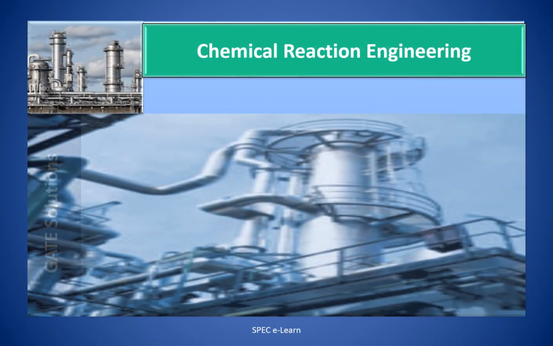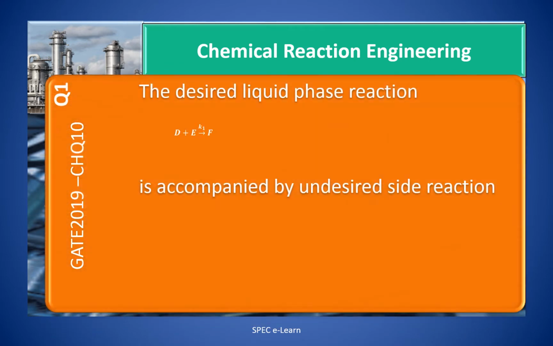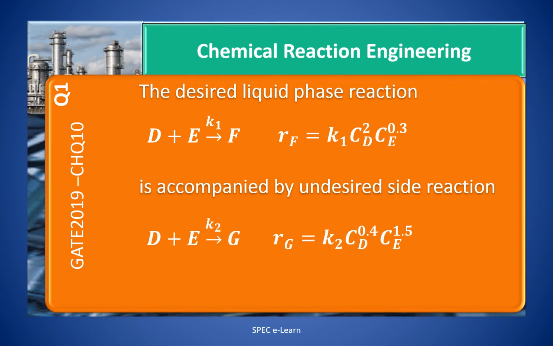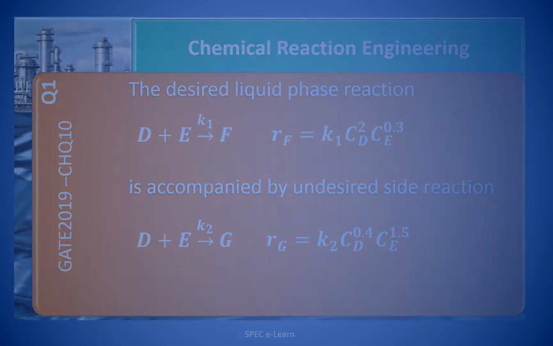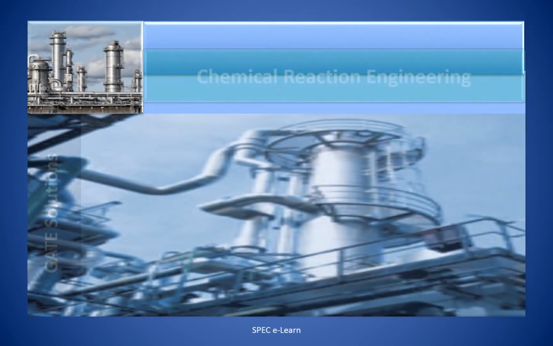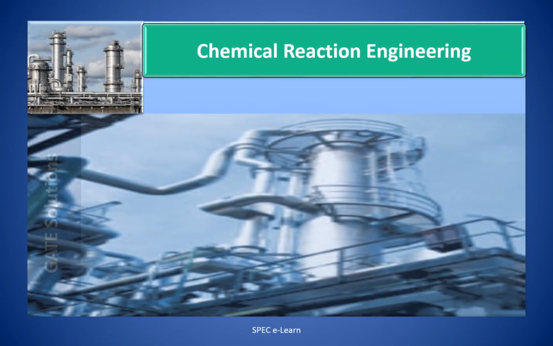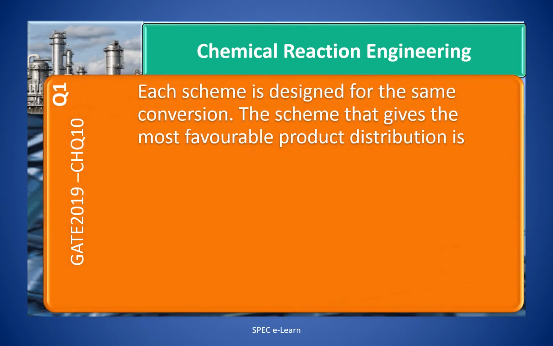The desired liquid phase reaction D plus E forming F with the reaction rate RF equal to K1 times CD squared times CE to the power 0.3 is accompanied by the undesired side reaction D plus E forming G with reaction rate RG equal to K2 times CD to the power 0.4 times CE to the power 1.5. Each scheme is designed for the same conversion. The scheme that gives the most favorable product distribution is